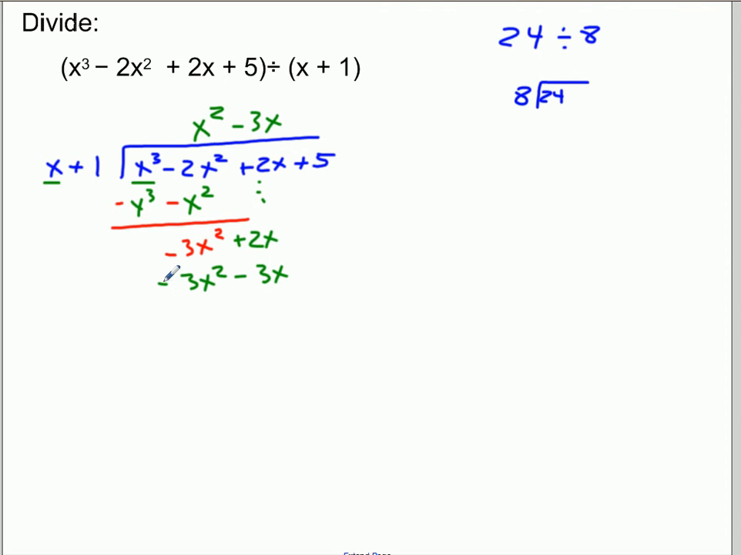And then I'm going to subtract these terms from this one to see what I have left over. So subtracting a negative 3x squared is the same as adding 3x squared, and subtracting a negative 3x is the same as adding 3x. Negative 3x squared and positive 3x squared cancel each other out, leaving me with 0. That should happen as long as I picked this number correctly. 2x minus a negative 3x, or plus 3x, is 5x. And now let's carry down this